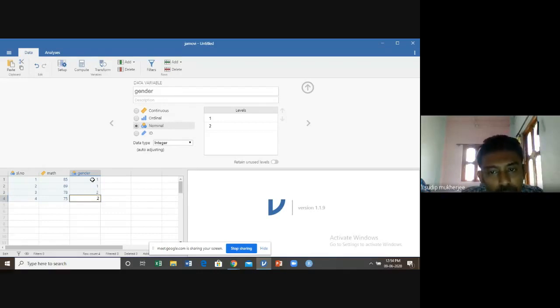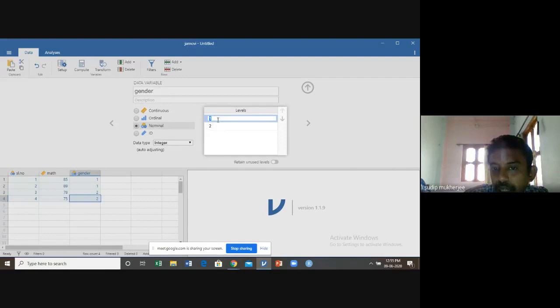In real life data, always the data comes in terms of male or female. So you have to quantify first male as 1 and female as 2. So when we write 1, just click here. You just click on level.